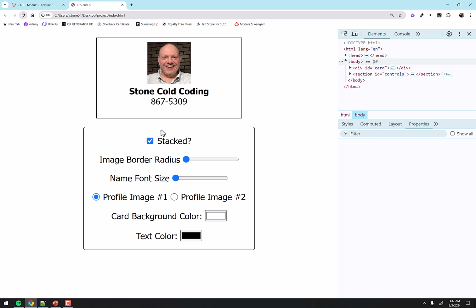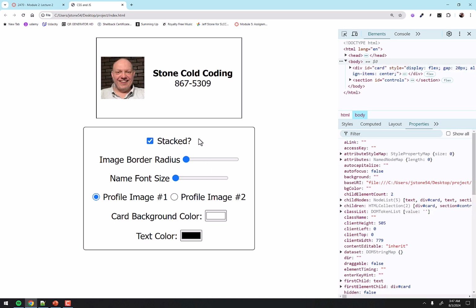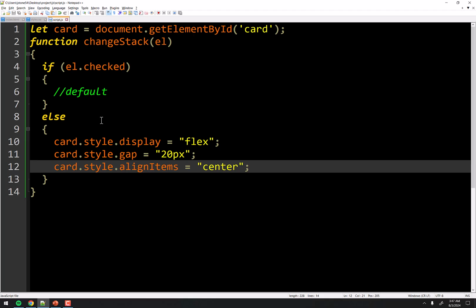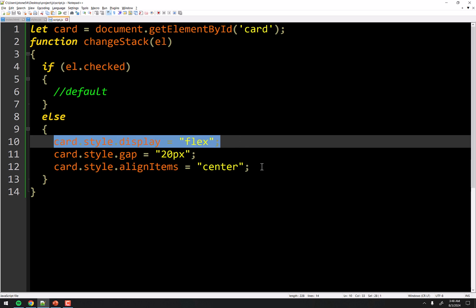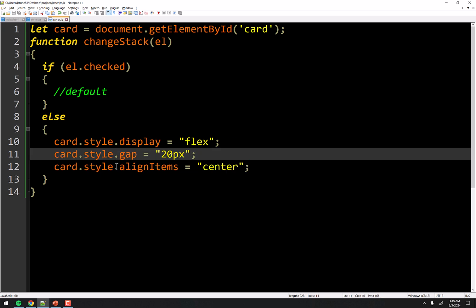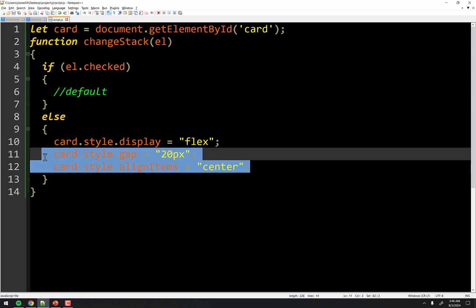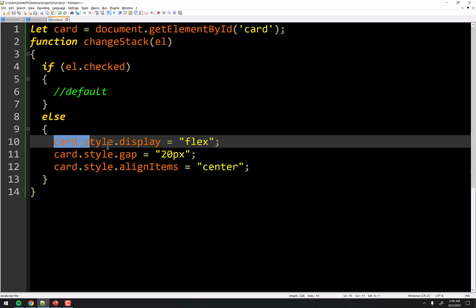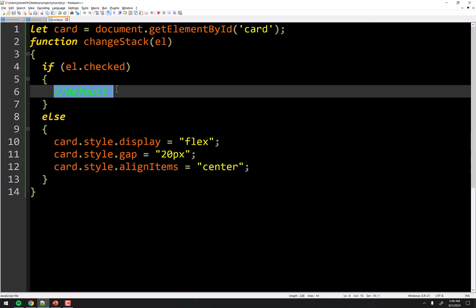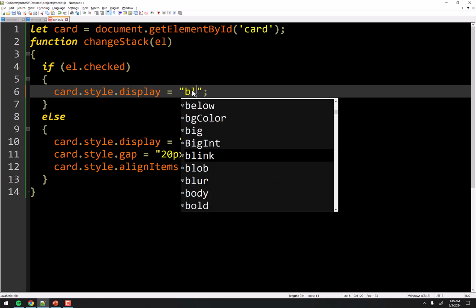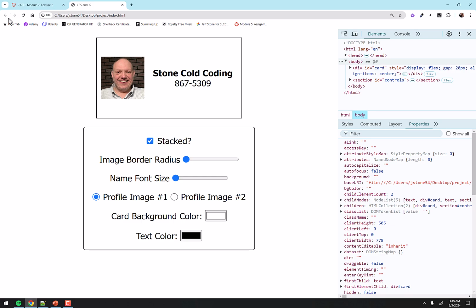You'll notice, however, when I click this, if I check it again, it doesn't go back to being stacked, right? Well, that's a really easy thing to do, because when display is set to block, these properties don't work anymore. Align items is only useful, or even valid, if you're in display flex. So these two will automatically not work if I just set it back to display block. So I just have to set the card to display block, and that's it. So that gives us what we're looking for. Refresh, and now I can toggle back and forth like that.